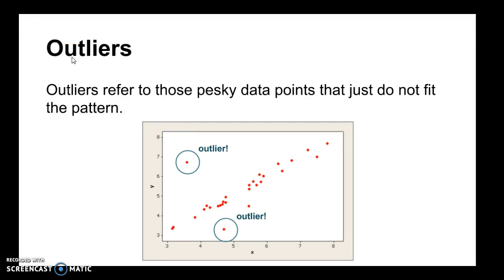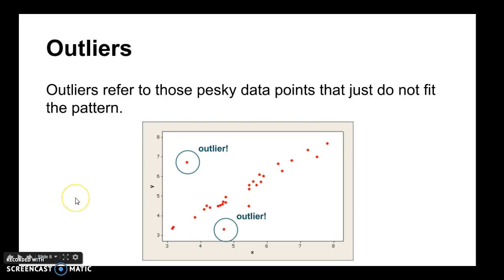So now I'll give you an example of what an outlier looks like. As I briefly mentioned earlier, outliers refer to the data points that just don't fit into the pattern. If I'm looking at my graph, I can see that for the most part, I have an upward linear trend. So I have a direct relationship because as x is going up, y is also increasing. But I have a few data points that are just really outside this pattern and don't follow it. And overall, I still have a linear direct relationship, but these points are deviating from that pattern, and that's why